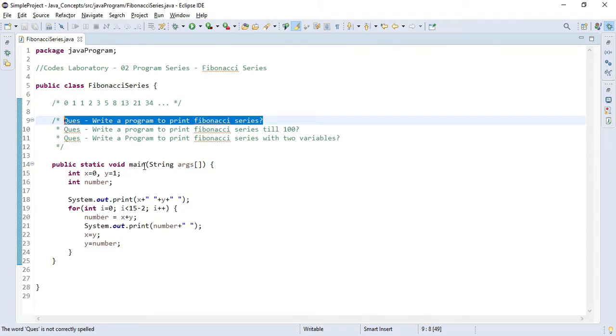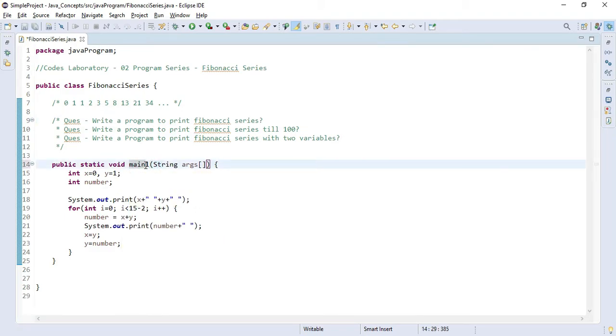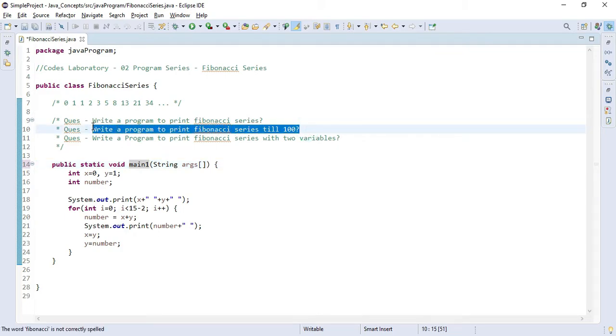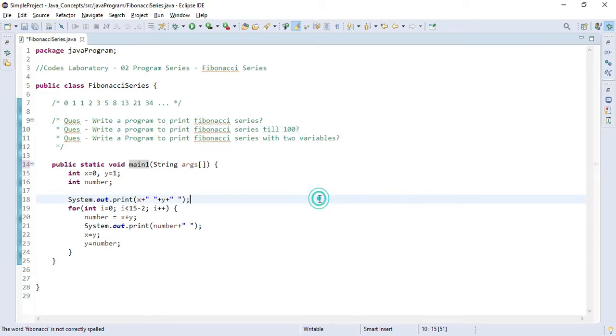Okay, so let's just change the main, and let's focus on the second program. Here they will ask you to print all the Fibonacci series numbers till 100. So let's try to create the logic.